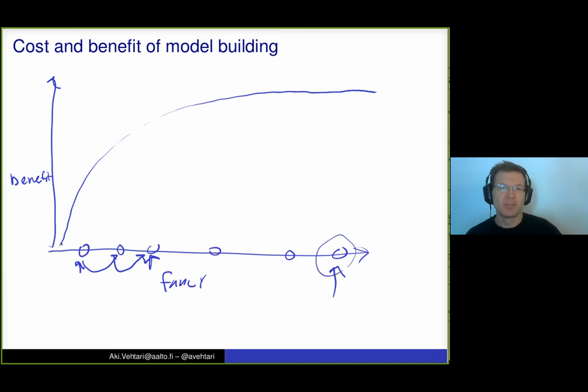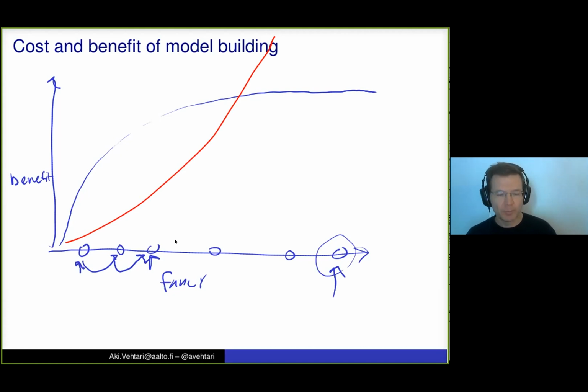And so if we also add the time cost of making some model, it might be like this. So that's another reason why smaller models might be helpful.